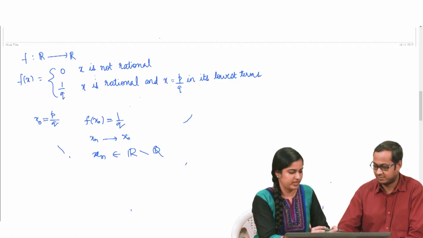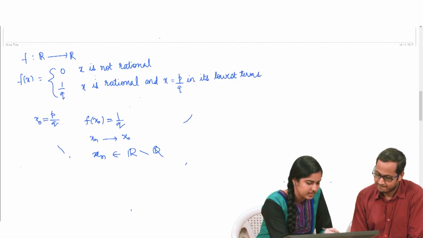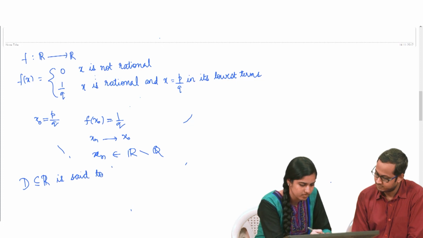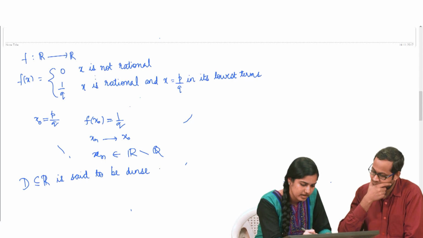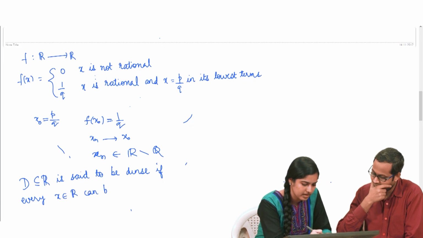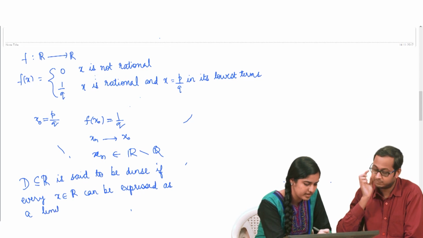How do you define that a subset D of the set of real numbers is dense in R? I will define. A subset D of R is said to be dense if every x belonging to R can be expressed as a limit of